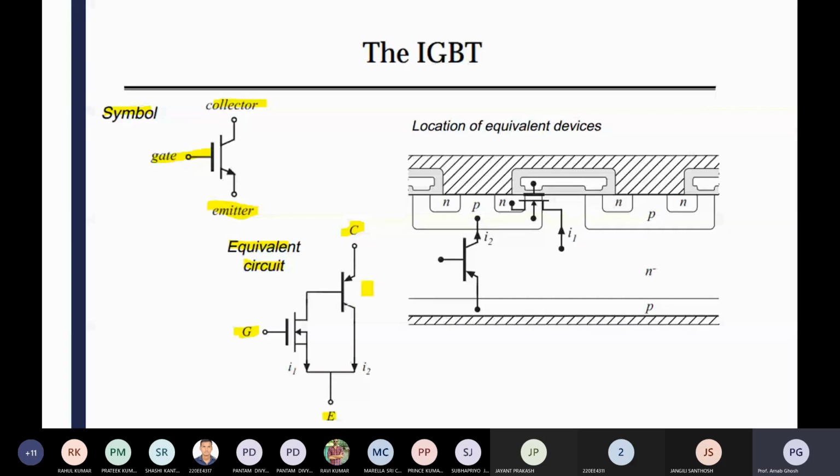Here you can see that the BJT portion looks like that. This portion is your BJT, and this portion is coming from your MOSFET. N is there in the MOSFET, and that is connected over here, that N. It is an NPN MOSFET. Another N minus is there in the MOSFET, and that is connected to the P. So here you can see that P is common. P is connected as an emitter.